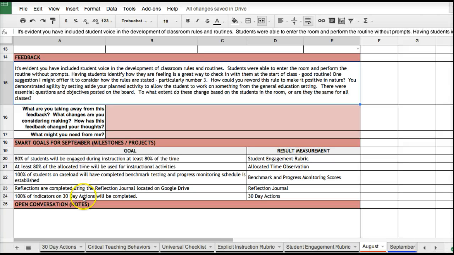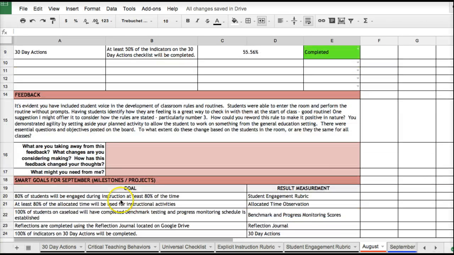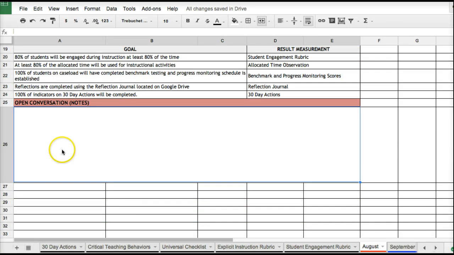Frequently, these are goals that SSD has already set. From time to time, there will be goals that will be unique to only you, that we will consider revising based upon your individual goals. And then at the bottom is a slot just for conversation. So when I come and actually have my meeting with you, then I can type up any notes in there that we might want to remember.